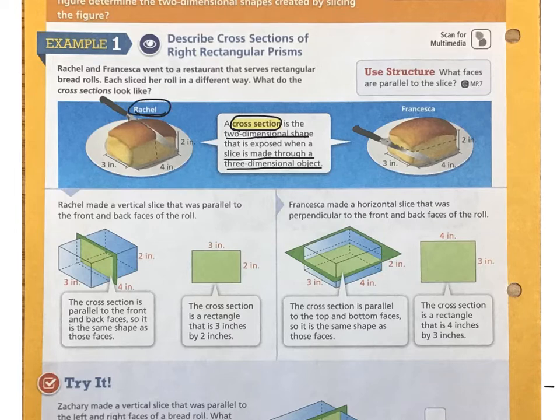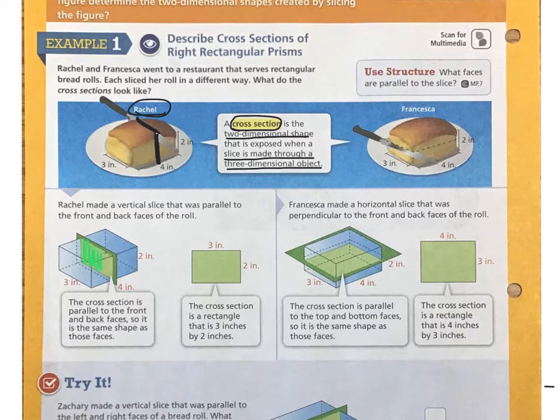Rachel's bread roll is on the left, and she slices it from top down to the bottom of the plate. So she cuts her bread roll basically in half, in two parts. So when she makes that slice, and you can see here in the picture,